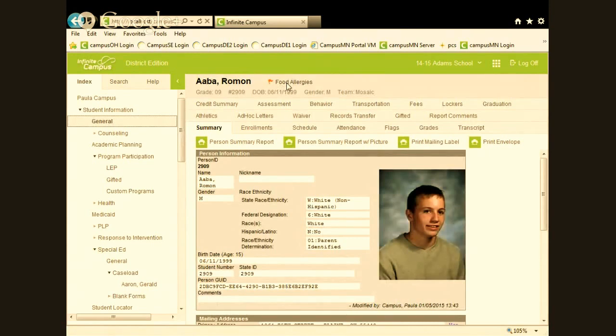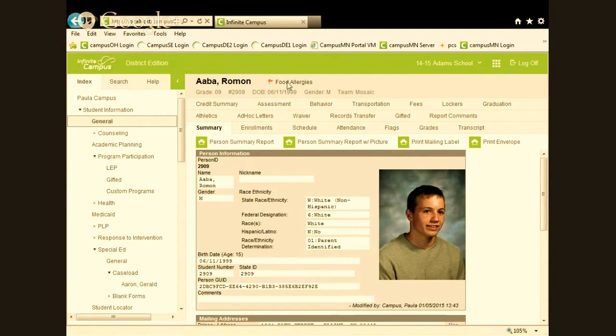So in my flags area, I have a lot of things identified as state reportable flags, but we're not showing it at the student level. But this one that says food allergies is created in the same place, and it says flag it, create a flag for it. And then this is shared with anybody who has this student in their class. It's shared with anybody in attendance.